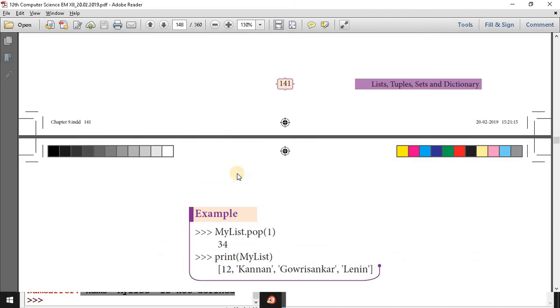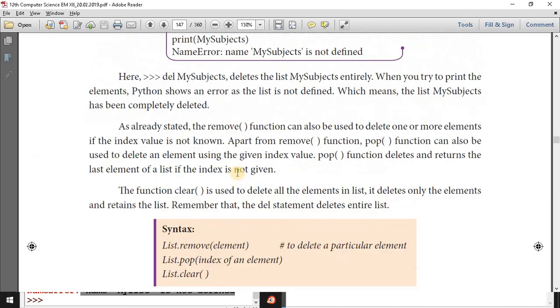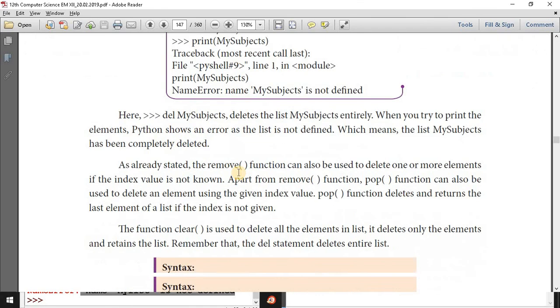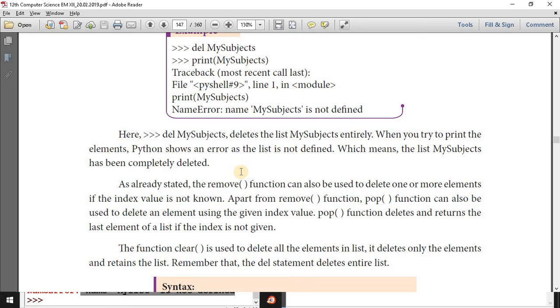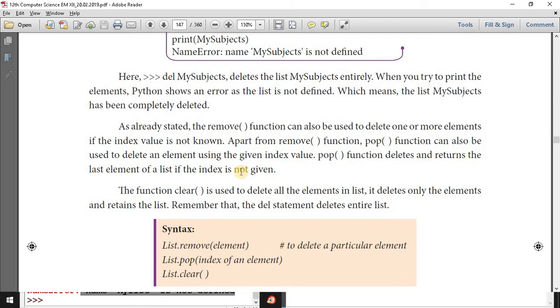The remove function we will see tomorrow. Only the delete functions for today, we can stop here. Okay, remove function, because the battery is low and there is no power, so we will start again from deleting elements by using the remove function tomorrow.